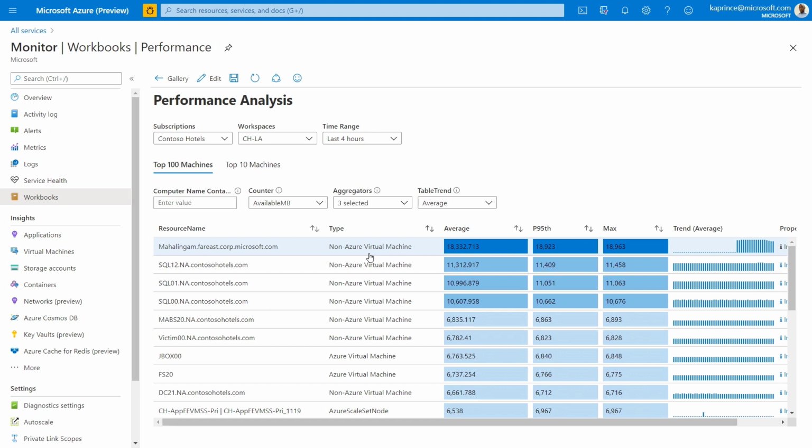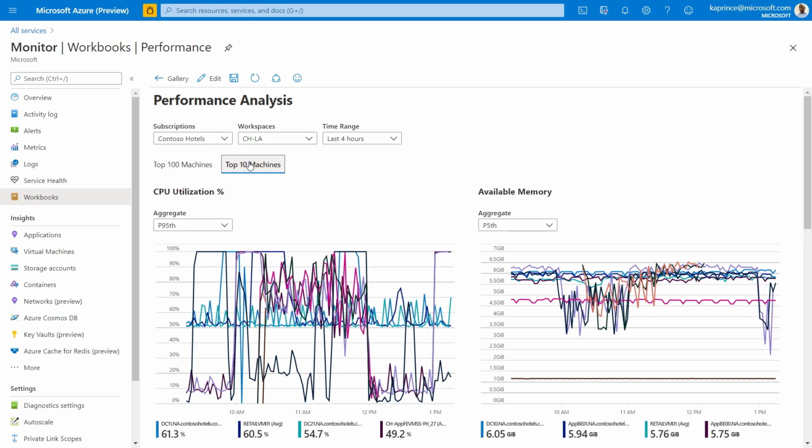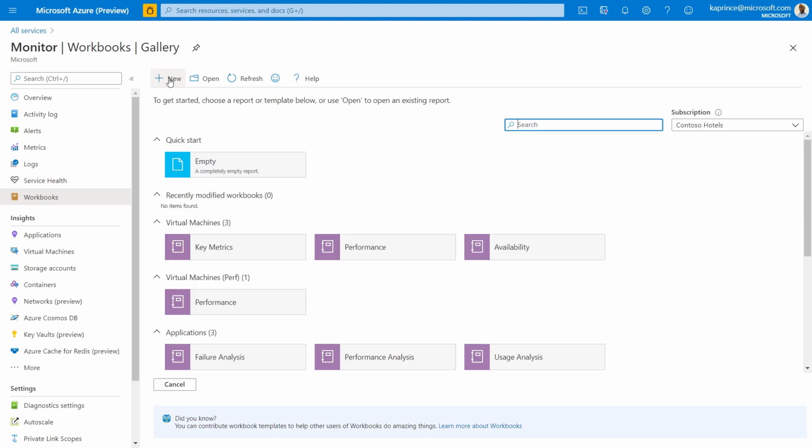Here's a workbook for virtual machine performance. This shows common performance metrics such as CPU, memory, and disk usage across several VMs and multiple subscriptions for a big picture at scale type of view. It includes tables with trending charts for easy sorting, and if I switch tabs here, there are line charts below for easy visual comparison. Now here's the application failure analysis workbook,